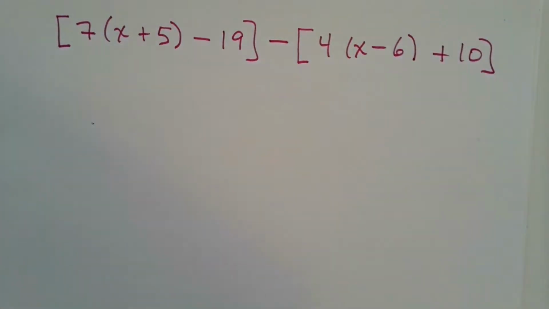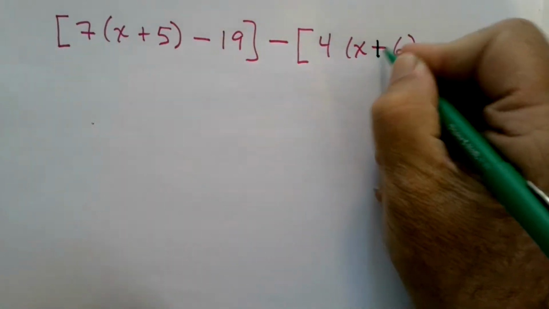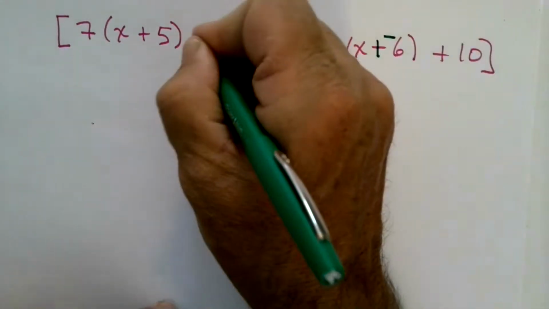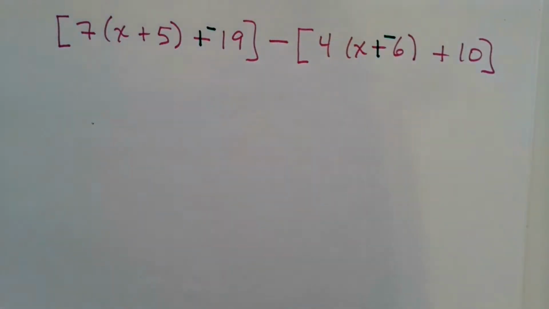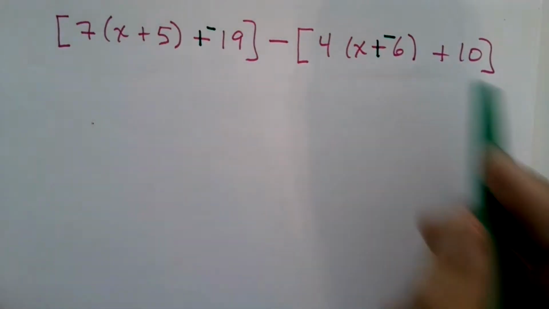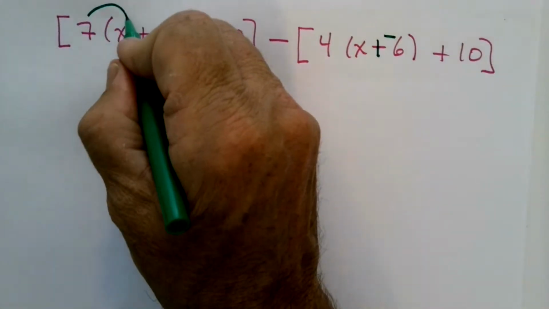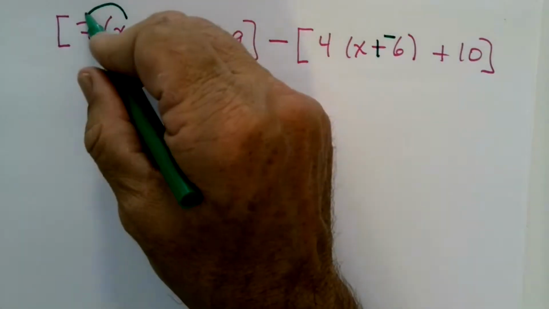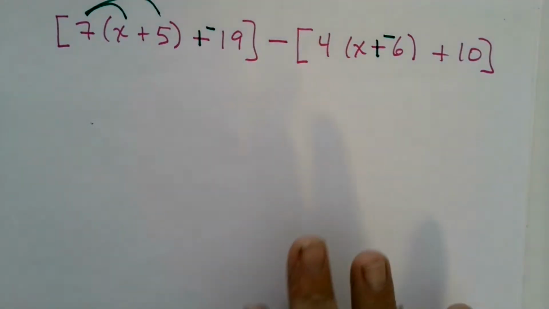Let's see how this behaves. So same sort of thing. I want to change my minuses to plus negative inside. So that'll be a plus negative here, and this will be a plus negative here. We're going to simplify each bracket separately. So looking at the first bracket, distributing, 7 times x is 7x, and 7 times 5 is 35. So my first bracket becomes